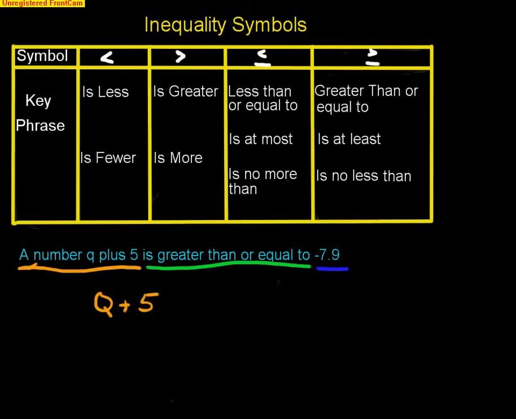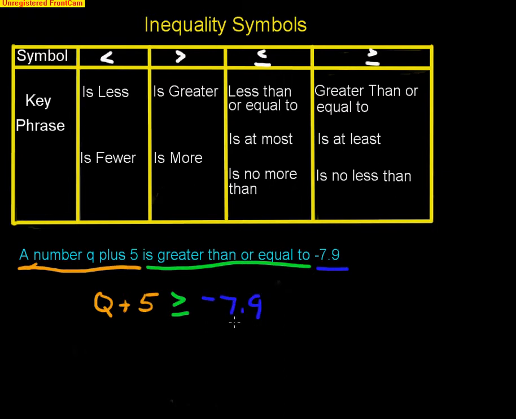Okay, so let's go look at the green section. So here's where we're looking at some of our key phrases. So is greater than or equal to. So I know that greater than or equal to is this, but if you couldn't think about that to start right off with, you can go in there and say, well, here's greater than or equal to, and if I look up, here's the symbol that goes with it. So you can do either. And then, of course, this would just bring down. So I'll put it in blue. So is a negative